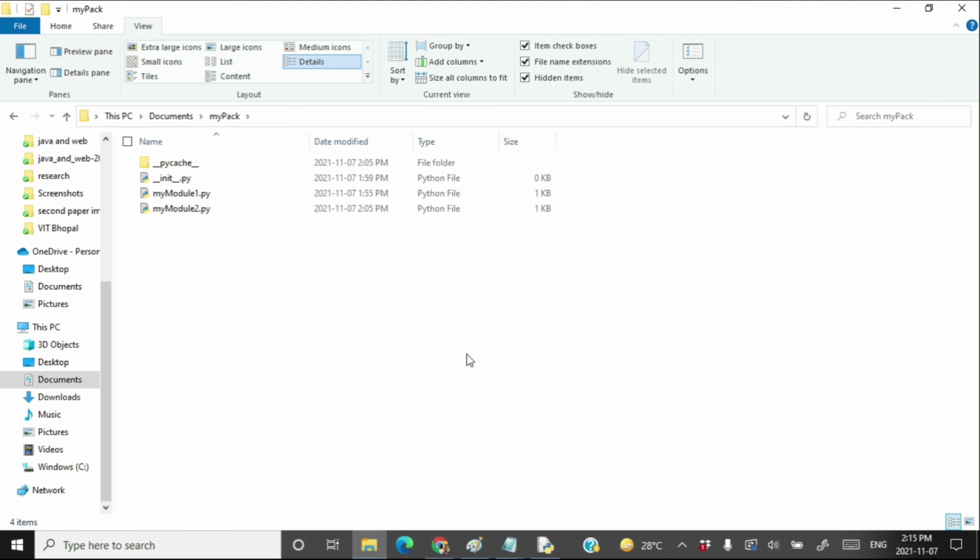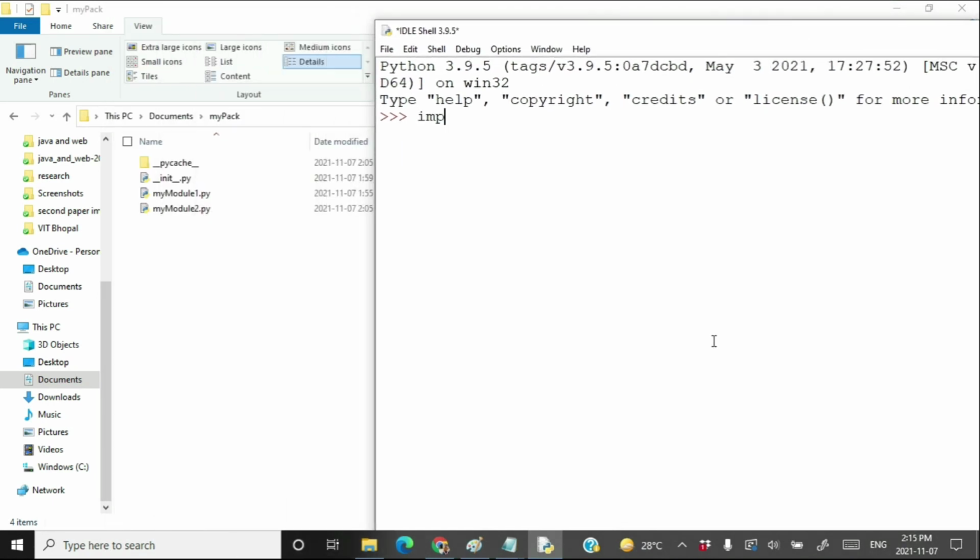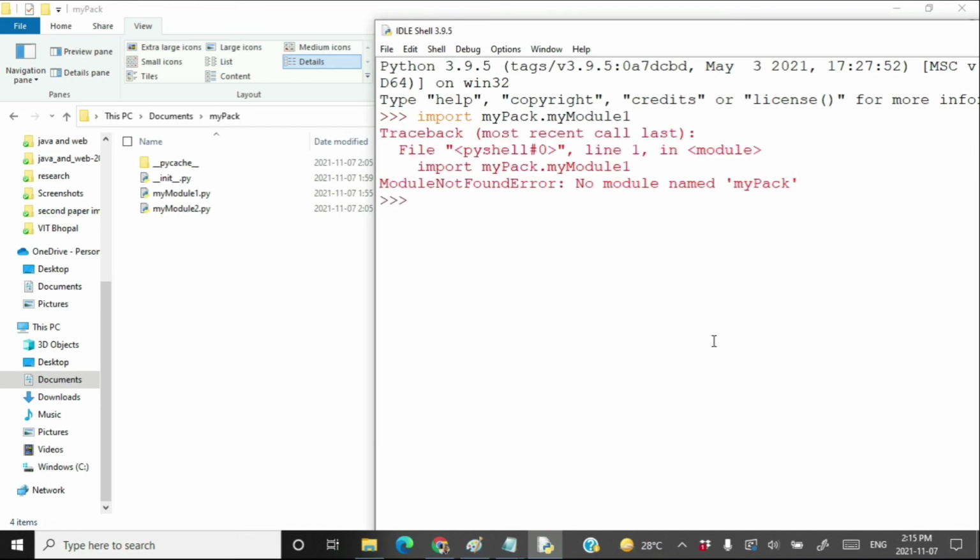So right now, I cannot import mymodule1 by writing import mypack.mymodule1. I cannot do it, because mymodule1 has been moved somewhere else.